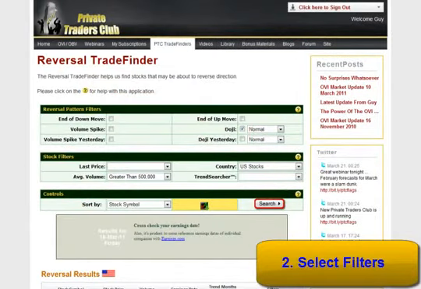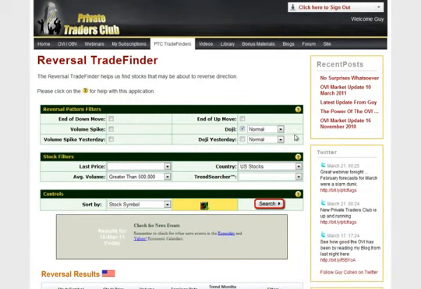Second, select the parameters that you're looking for. You can look for dojis and volume spikes for the current day or the previous day, and you can look for stocks that are in the process of a reversal pattern. That's my specific end of down move or end of up move filters. When you have decided on your parameters, click on the search button, like here, and then see the stocks appear